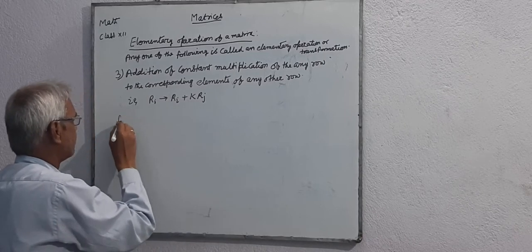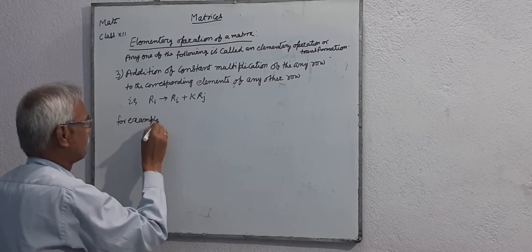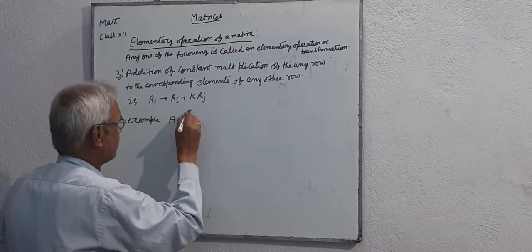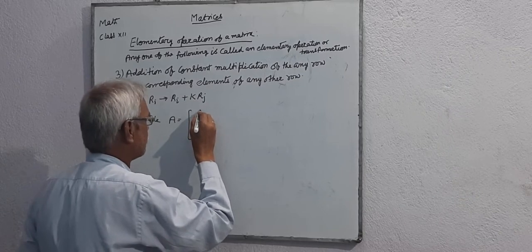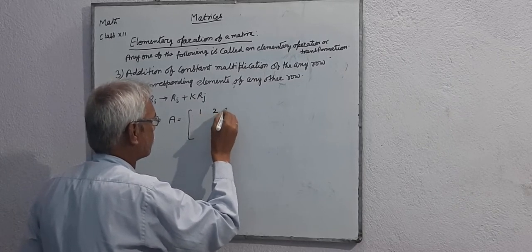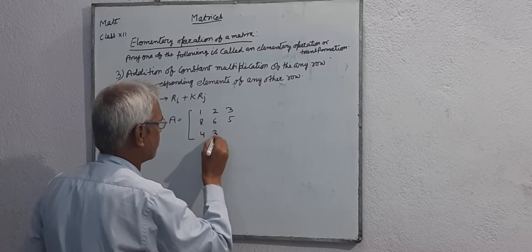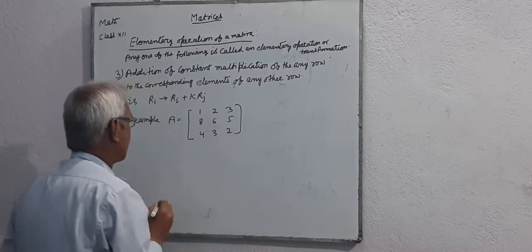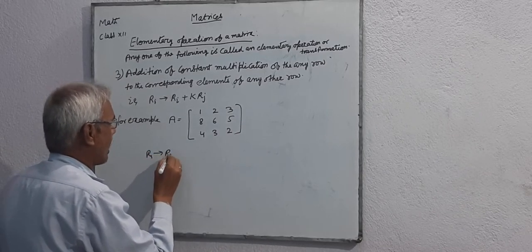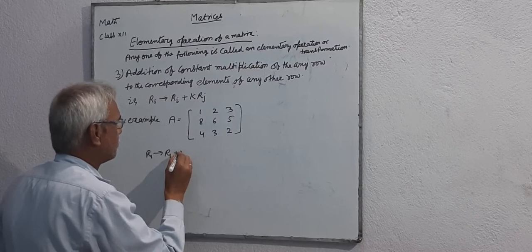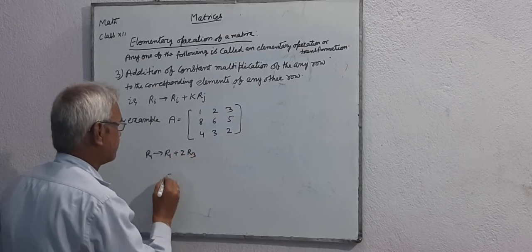For example, A is a matrix 1, 2, 3, 8, 6, 5, 4, 3, 2. R1 is written as R1 plus 2R3. We get